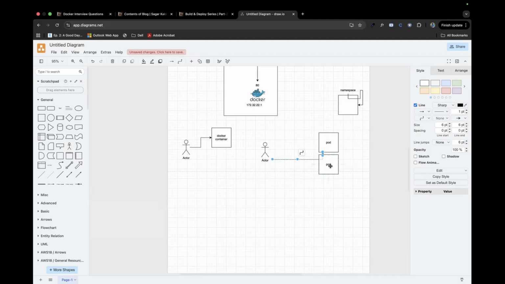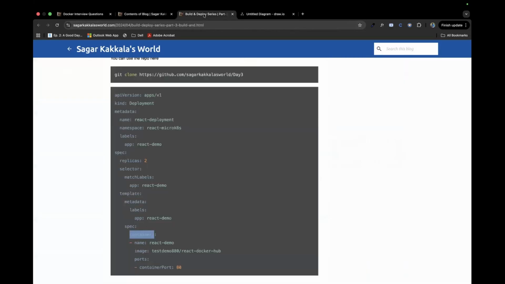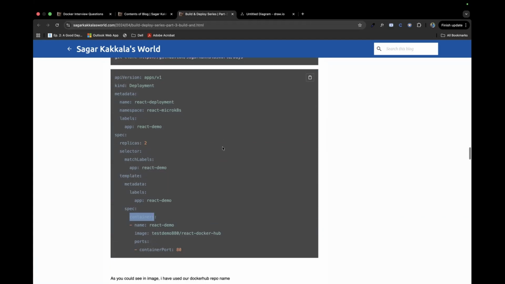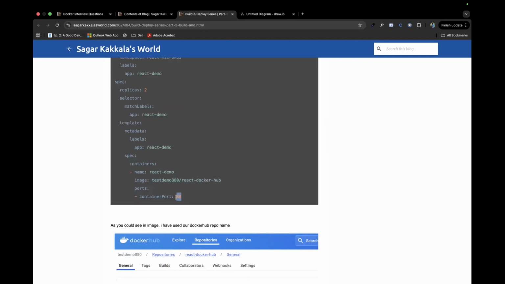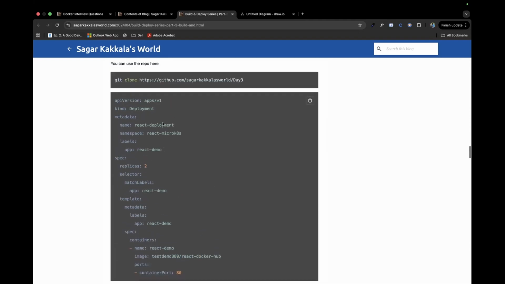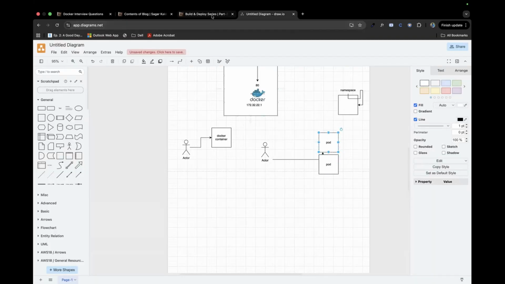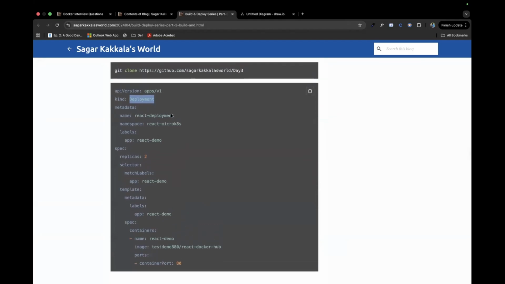But for the underlying image, whatever runs inside the pod, by default it pulls the image from Docker Hub itself. So Kubernetes is mostly called an orchestrator tool, not a container tool. Here we're calling the image inside the pod. If you remember, in Docker we had opened port 80 for Nginx. Same way, whatever port we want to open, we're opening port 80. Since this kind is Pod, you could only have one pod per manifest file.